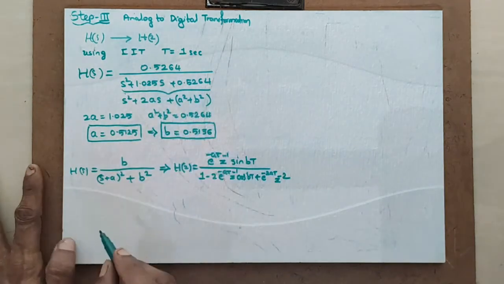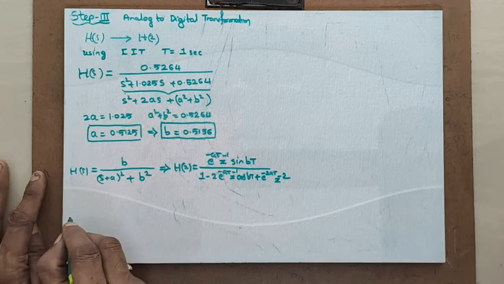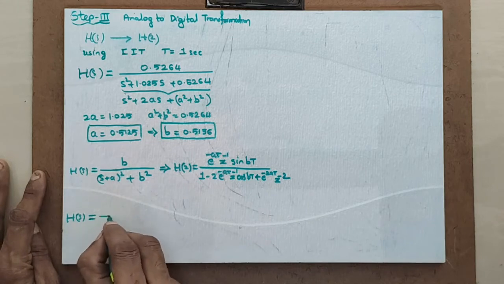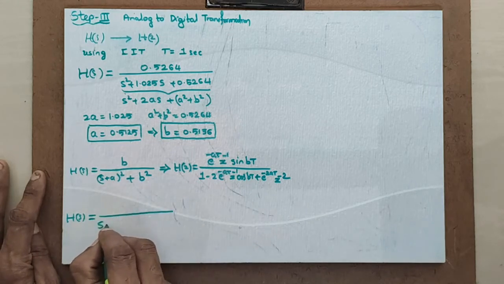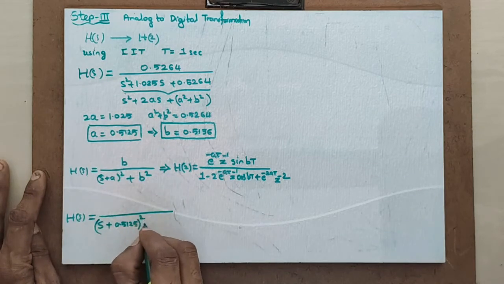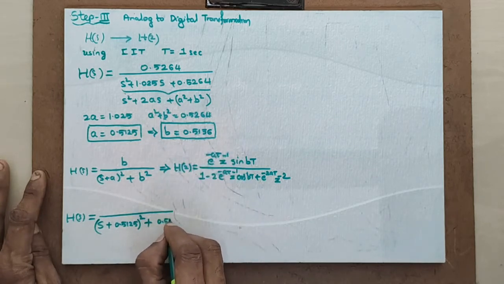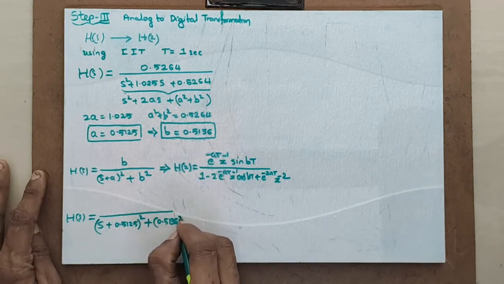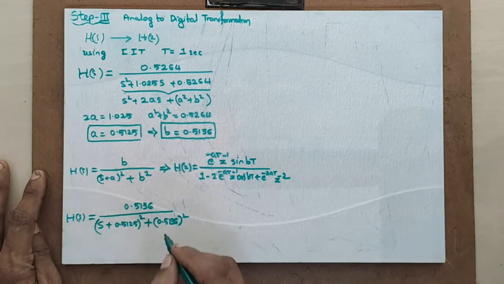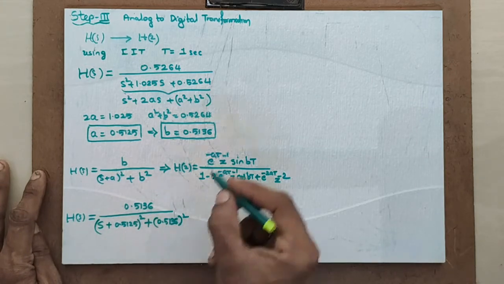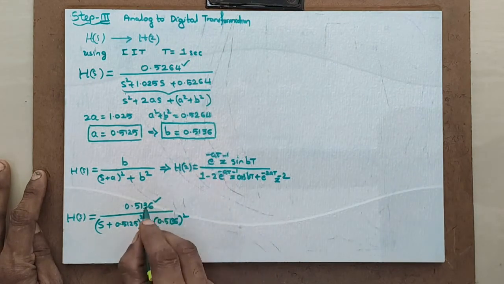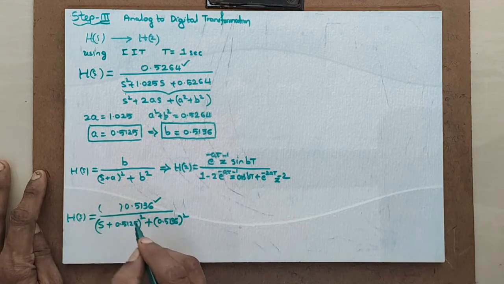Fine, I can write this. Hence, what I do here is I will write first H(s). How I will write is, I will first write the denominator. You please see, s plus 0.5125, whole square plus 0.5136 whole square. Here I should write b, correct? I will write 0.5136 divided by (s plus a) whole square plus b square. Denominator okay, but there is 0.5264 here, but I have written 0.5136. This is not correct, isn't it? There must be some multiplying factor. What should be the multiplying factor?